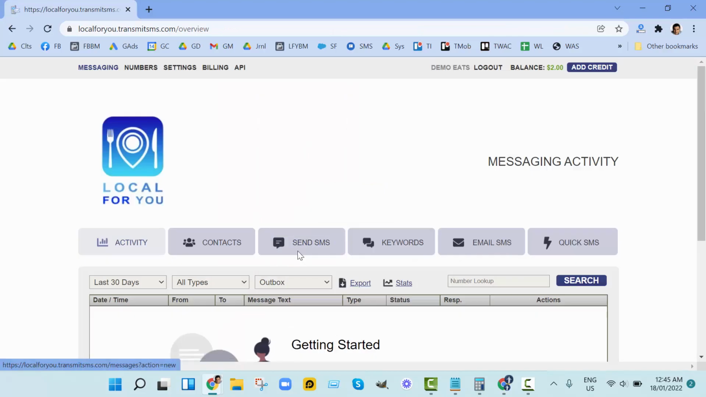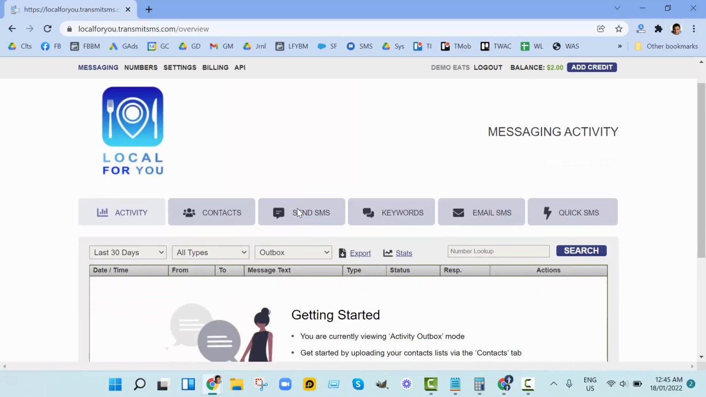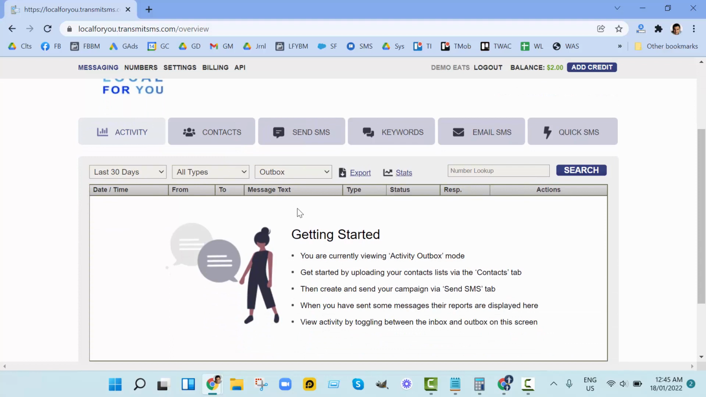Okay, so once we log in, you will see something like this, and the first thing you're going to want to do is add some credit. Add your credit card details to the platform so that you can have enough credits to be able to send to your list. So we're going to go up here to the billing area,